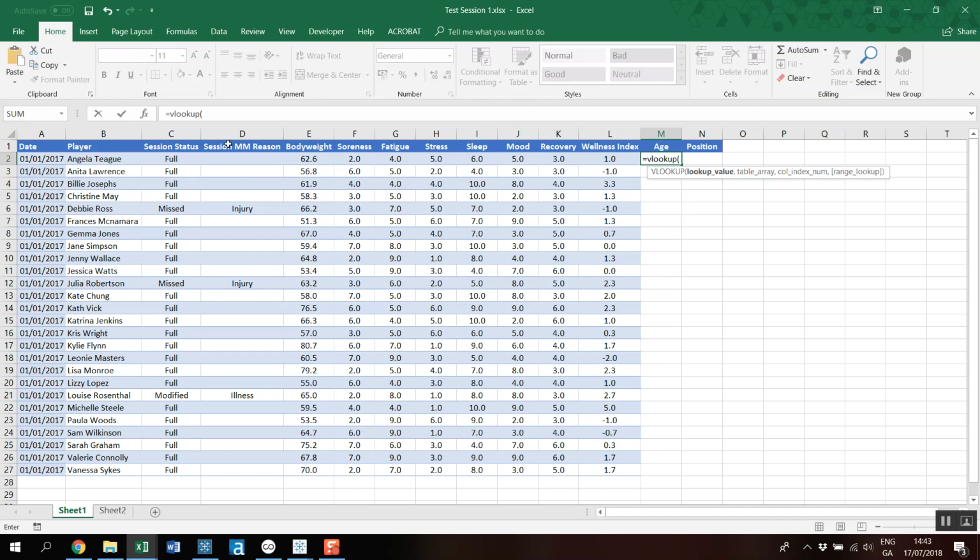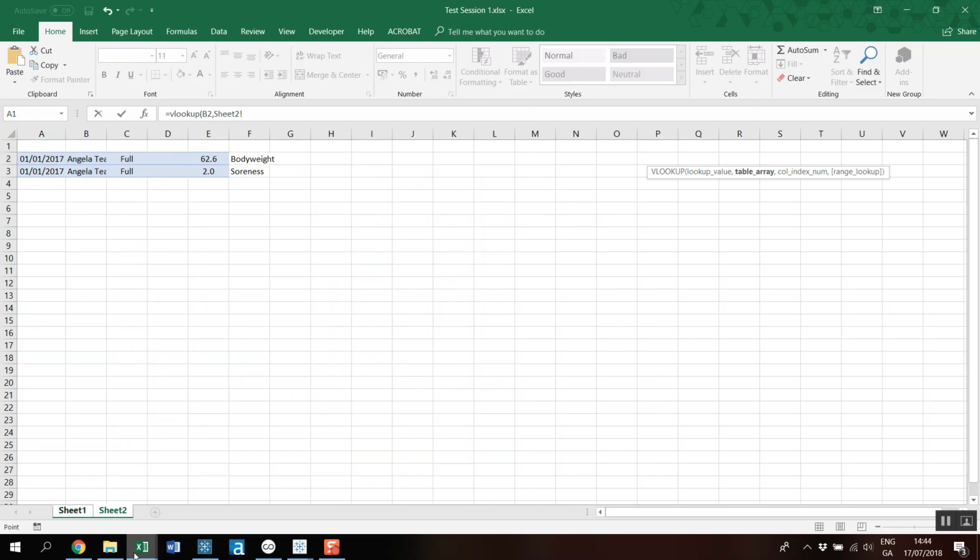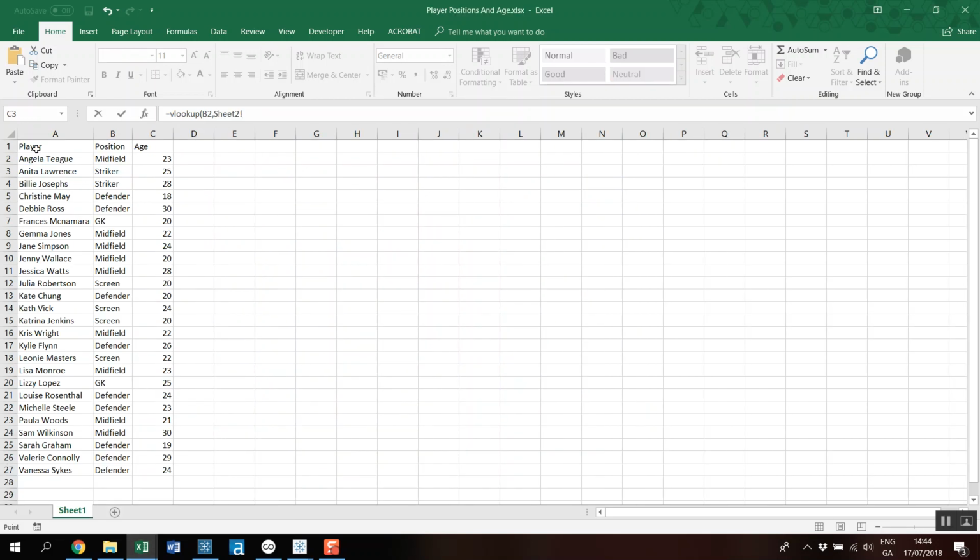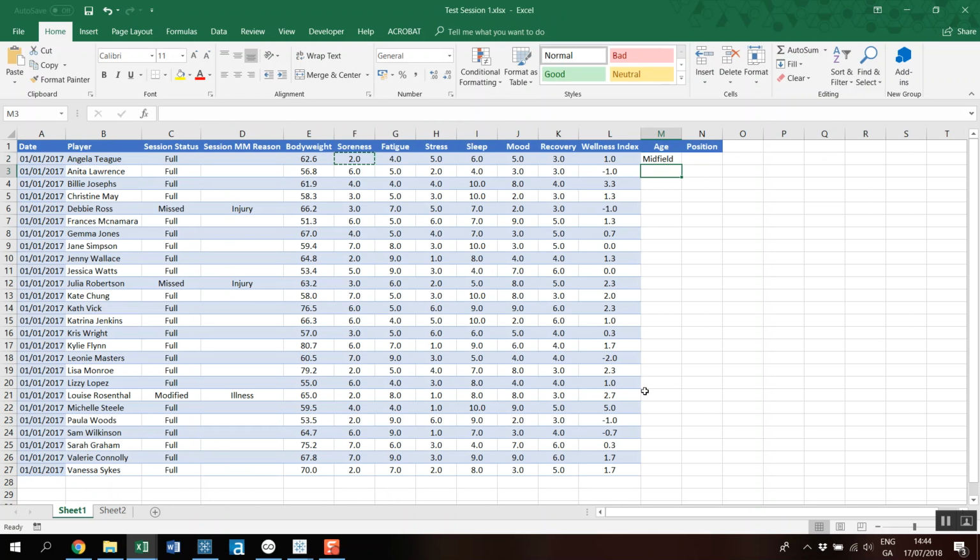So I'd have to find this value in this table and return column 2 as an exact match. Sorry, in that case I get the position, but you get the idea. And I'd have to keep doing that, and do that again for session 2 and session 3. So rather than doing it that way, which is painful,